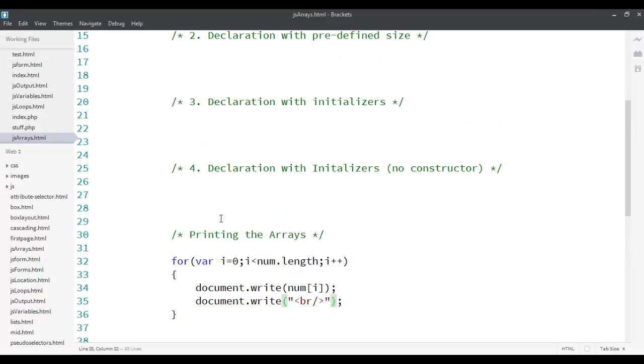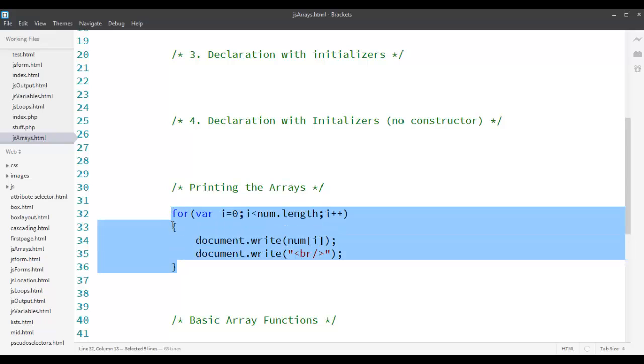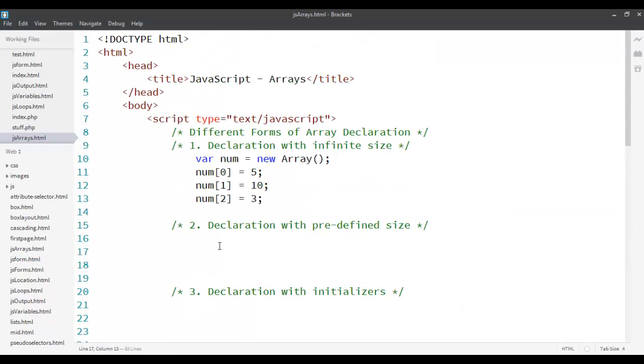Let's go ahead and see what my array looks like. When I refresh it, you see 5, 10, and 3. That's what I defined earlier, right? So this looks good. This is how we can print the array that we want. Now let's declare the array in a different format over here. Now this way, I can predefine the size I need of the array. For example, I'm defining an array num1, where I'm going to say new Array